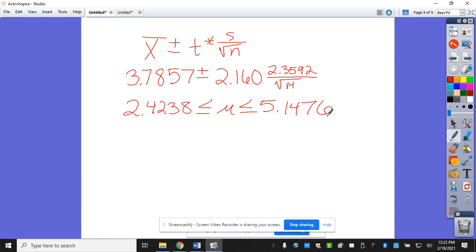Which could then end in, we are 95% confident that mu, the true mean rating, however you do your context, will fall between, my best bet for units here is points, 2.4238 points and 5.1476 points. Any questions? If you marked on somebody else's and wrote stuff down they did wrong, make sure you share that with them. When you're doing that in the calculator,